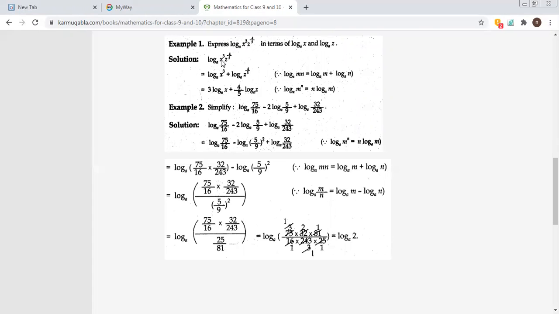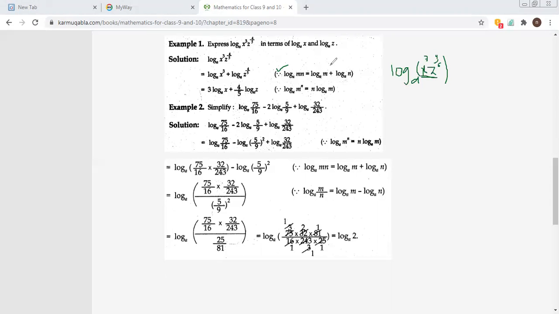Just like here, first of all, you can see that I will solve here. We have two terms. First you see that we have two given terms in product form. Don't see the power, just focus. Right now it will be 4 upon 5. Now you can see that the two numbers are in product form, and as we know that when the numbers are in product with logarithm, it will equate to the sum of their logarithm.